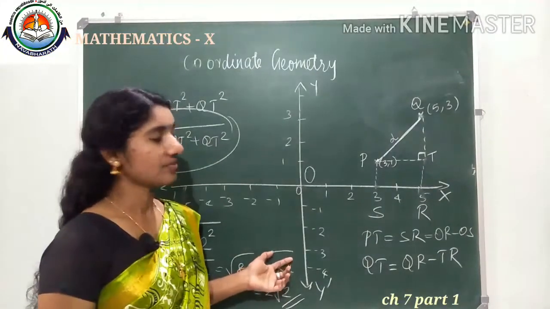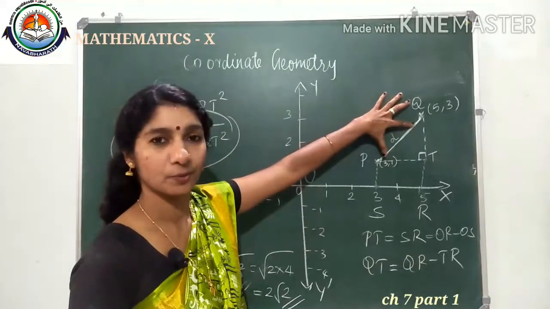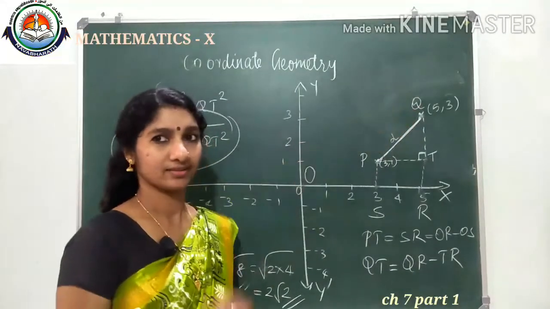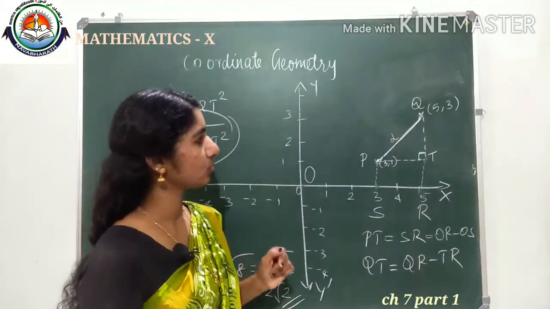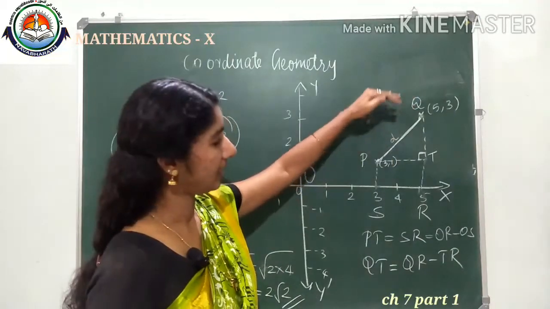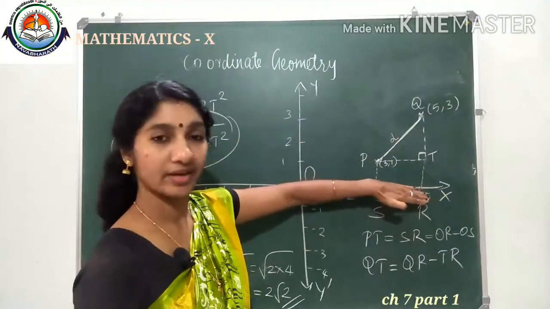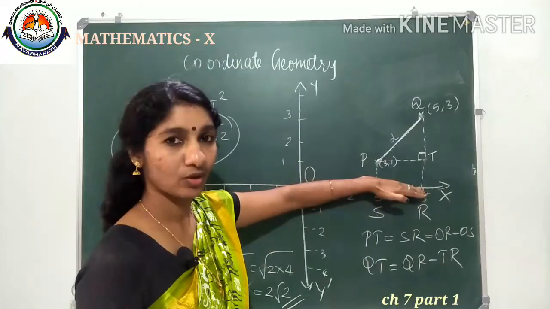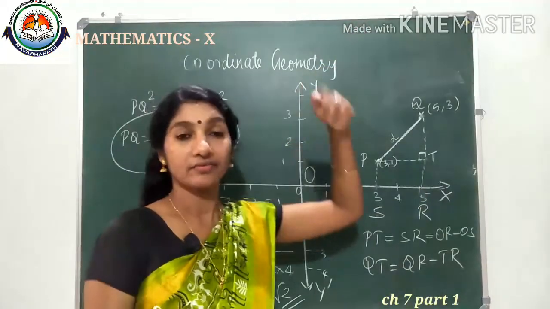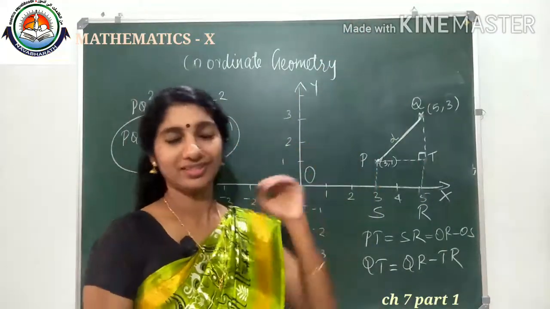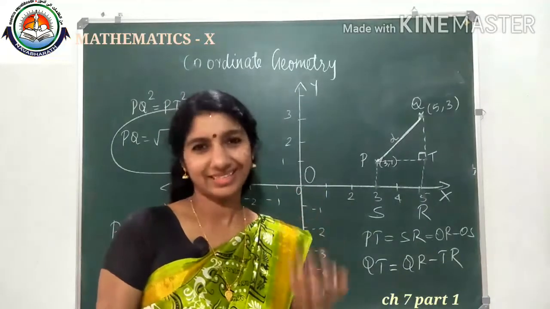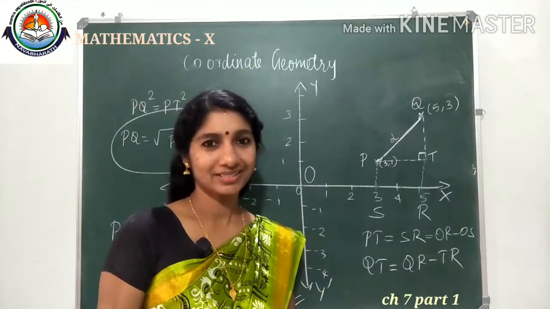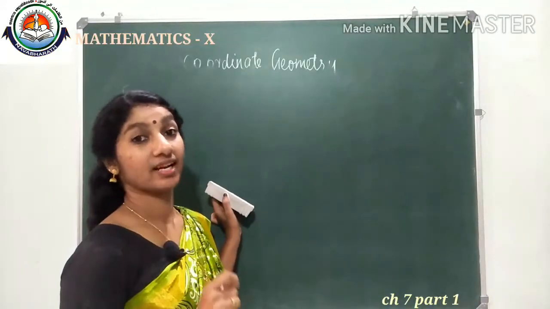Okay, like this we can find the distance PQ. What did we do here? Always it is easy to plot the point and draw like this and find the difference. Is it possible always? If it is a big number, it is not difficult actually, but it will take time. Am I correct? So we can generalize this one.